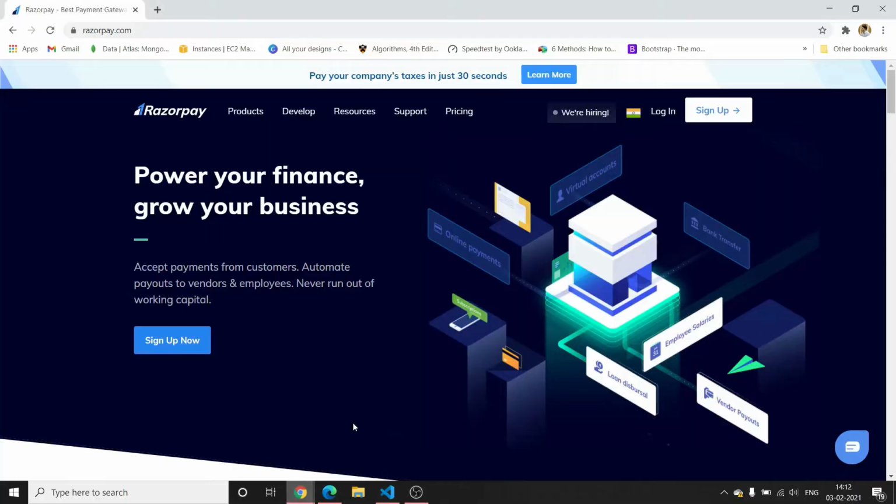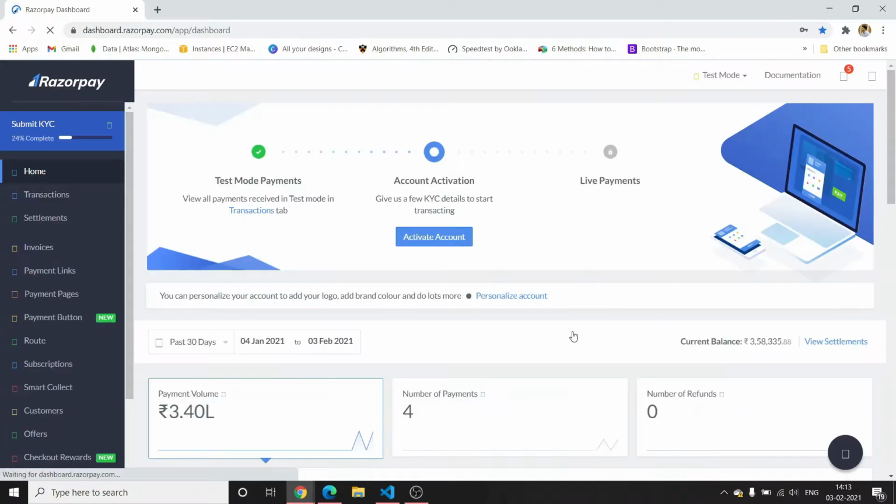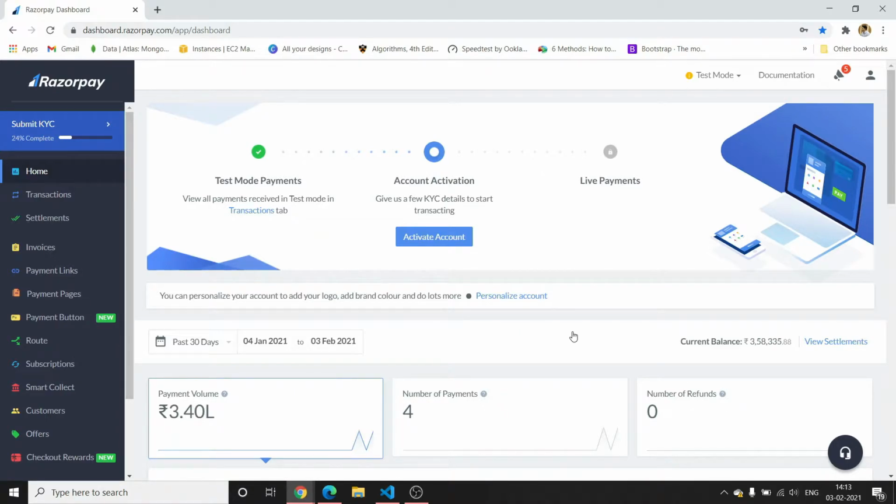So if I go to Razorpay now, go to login and enter my credentials here, after you have created the account on Razorpay and logged in, you will be shown this interface of Razorpay, which is a very good interface. You can easily manage all the payments from this interface. Currently I'm on test mode, and once you have successfully integrated Razorpay into your project, you can switch to live mode.